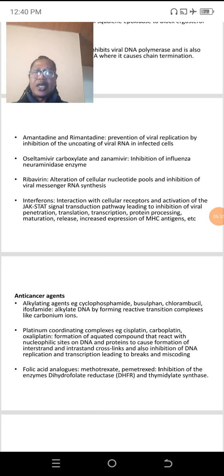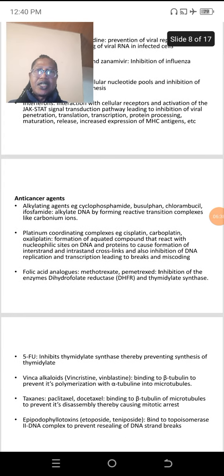histocompatibility antigens. For the anticancer agents, the alkylating agents, examples of which are cyclophosphamide, busulfan, chlorambucil, ifosfamide, they alkylate DNA by forming reactive transition complexes like carbonium ions. The platinum coordinating complexes, examples of which are cisplatin, carboplatin, oxaliplatin, form aquated compounds that react with nucleophilic sites on DNA and proteins to cause formation of interstrand and intrastrand cross-links, and also inhibition of DNA replication and transcription, leading